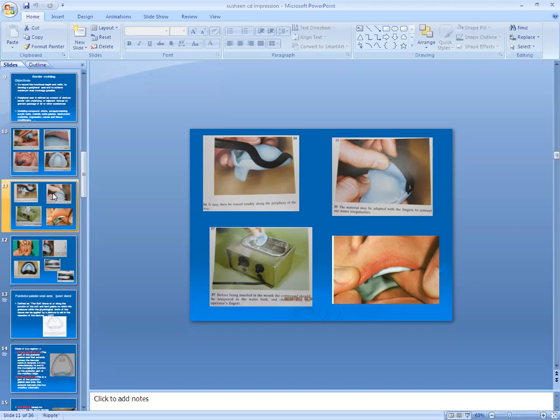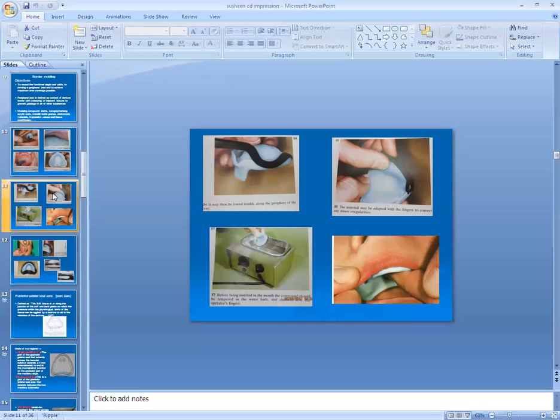And for the retromolar curtain area, what movement do we ask the patient to do? Apply the tongue, press the tongue against the handle. For holding, the mandibular handle is a straight handle. So press the tongue over that handle. That will record the retromolar curtain area. The posterior most lingual part we record by applying tongue pressure over that handle area. So that will record the mandibular retromolar curtain area. So this is all about the border molding.